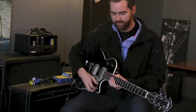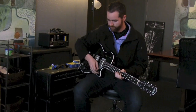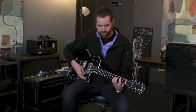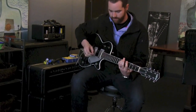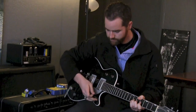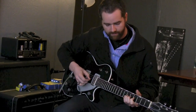The only other thing I would say with volume swells, there's many different ways to do them, I'm sure. But another thing that's pretty cool that we can do is if you bend the note, let's say we're in the key of B. So our key of B, we're going to go to the B pentatonic scale, which would be right here. Okay, so we're going to go to the G string, and we are going to bend that note up with our volume down. Okay, I'm going to turn the volume all the way down. We're going to bend that note up,